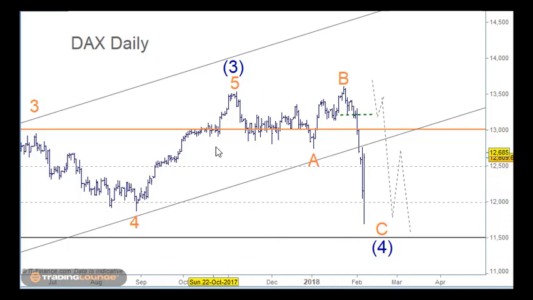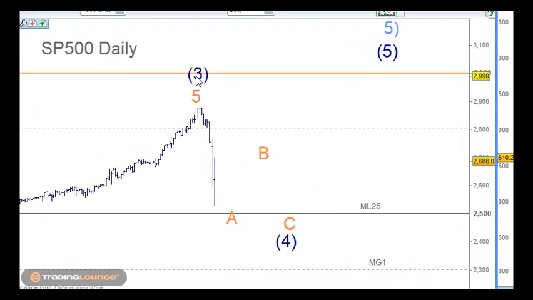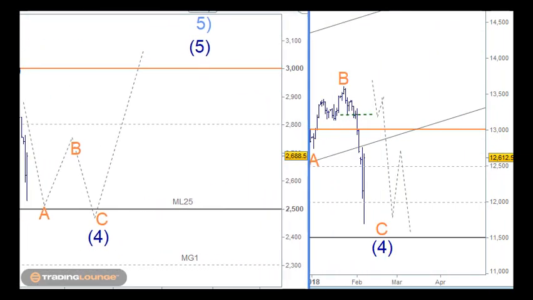But what I wanted to talk about is that we've got wave 3 here on the DAX, and the A, the B, and the C here. When we look at the S&P 500, we're looking at the S&P 500 making this top here, and we're thinking that this market needs to have 3 waves, so an A wave, a B wave, and a C wave here before finishing this off here. So this move down through here has started pretty much the same.